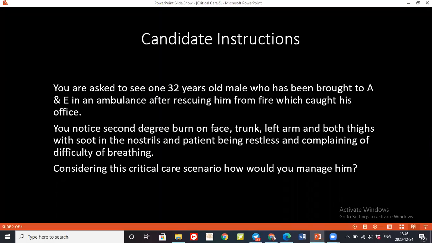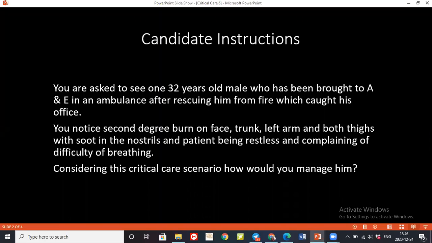Can you name a few complications of burns that you should be aware of or alarmed of? Yes, it's very systematic, starting from the hypovolemia that could lead to tachycardia and hypotension, which is our main concern, the hypovolemia in such patients. Later on, followed by ARDS, sepsis, pneumonia, and one most common is acute kidney injury, for which you have to catheterize the patient and make sure that you are monitoring the patient's urinary output.